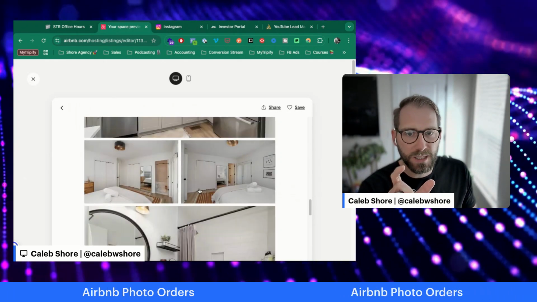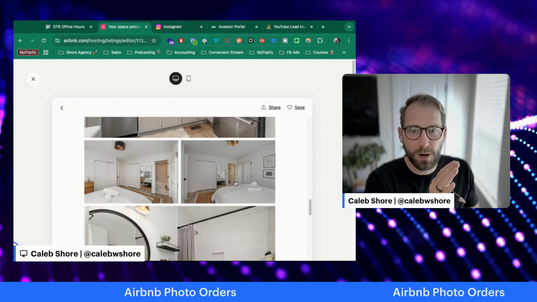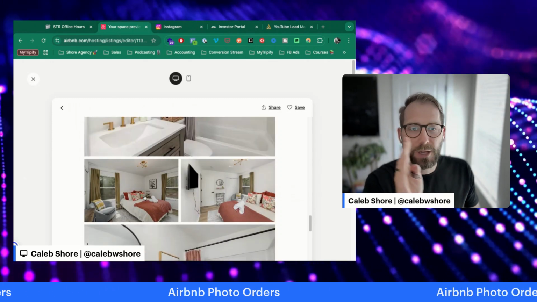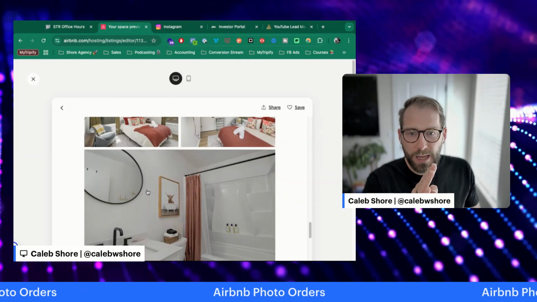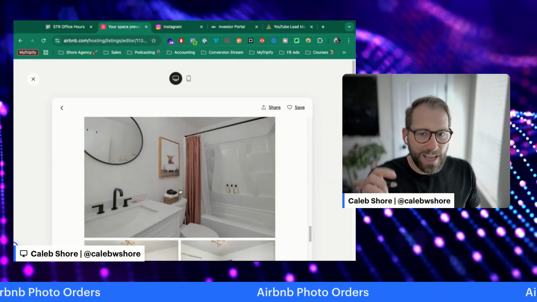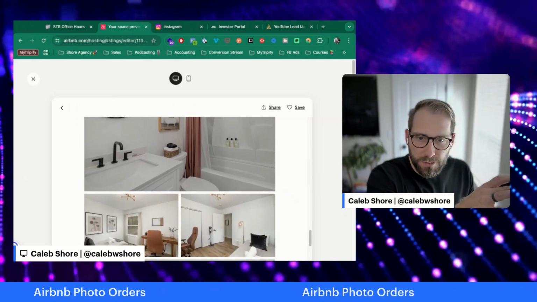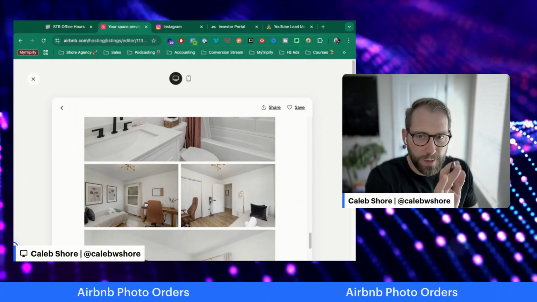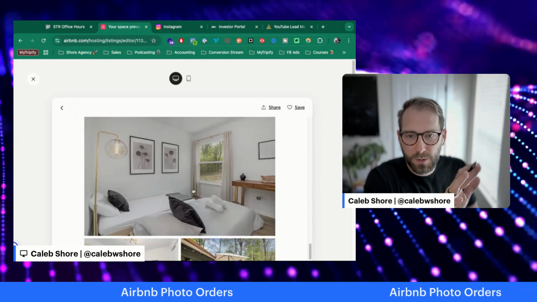This is the bathroom attached to this bedroom. So you're kind of walking them through the process. You've got the bedroom angle here, and then this is the bathroom attached to that bedroom. Then you've got another bedroom, well designed, furnished, and then boom, you also have the bathroom for that bedroom. So you can get people in a flow of, okay, if I'm staying in this room, here's the bathroom with that. Boom, here's the same bed or a different bedroom three, a different angle, and then also this one,